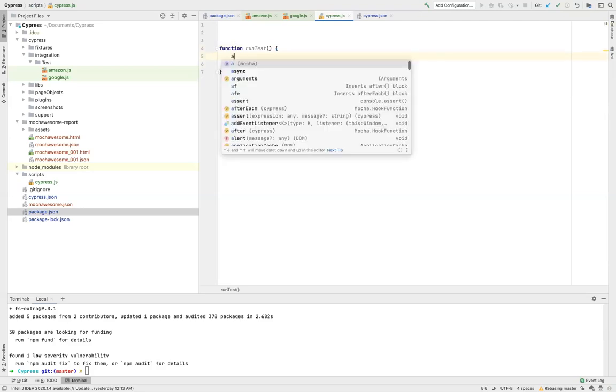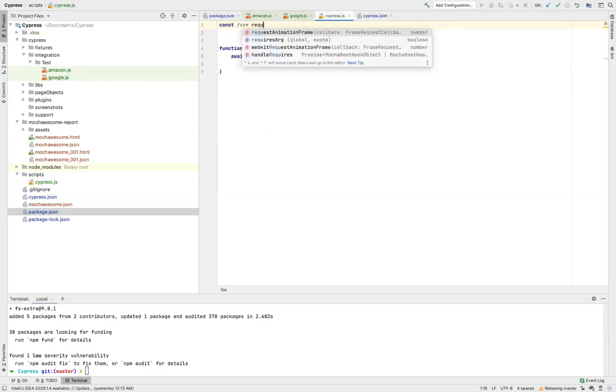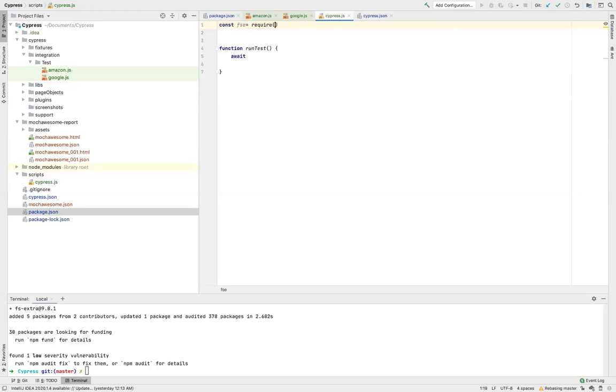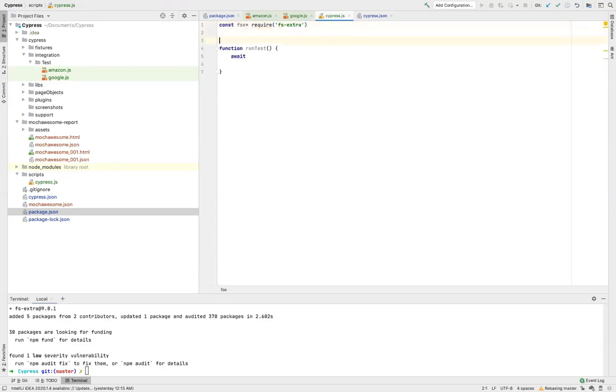Now I'll make this function async with await, since I need to wait till my reports folder gets deleted. First I need to import this library: const fse equals require fs-extra.